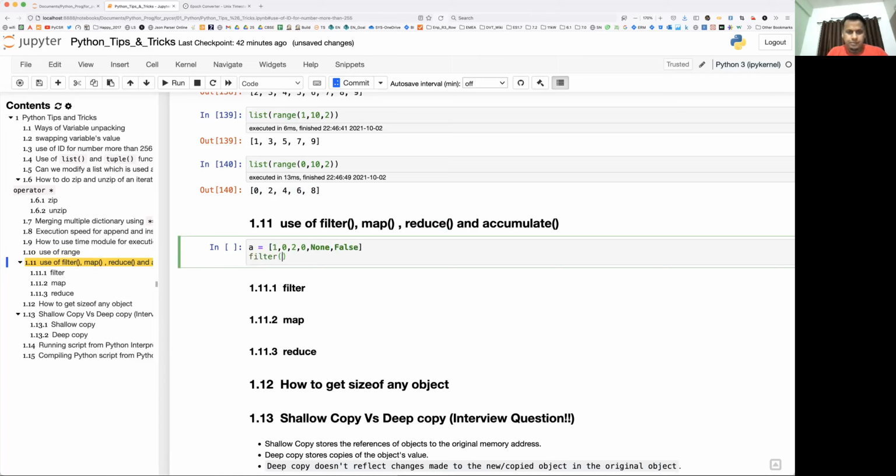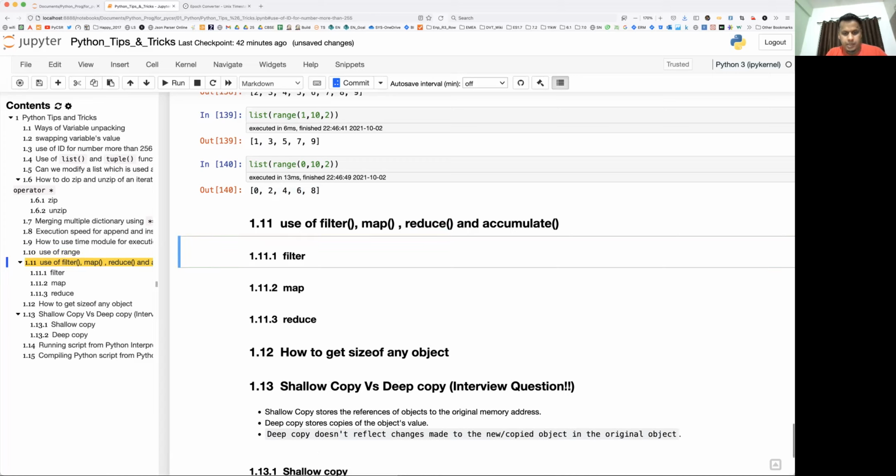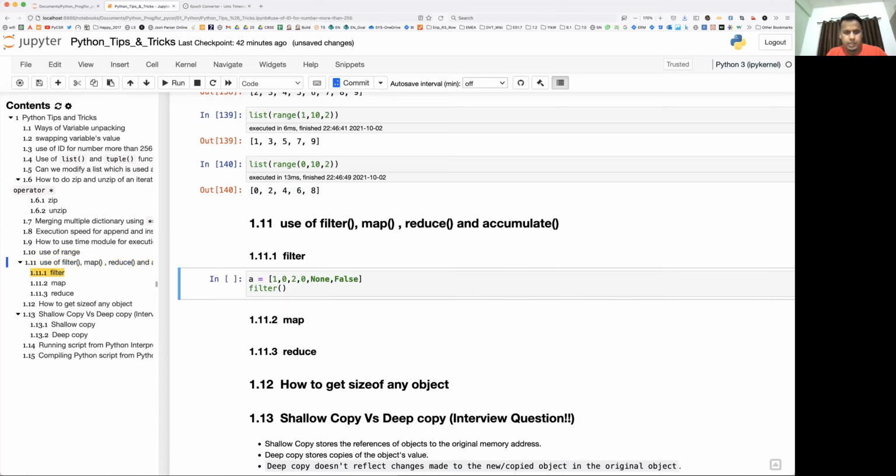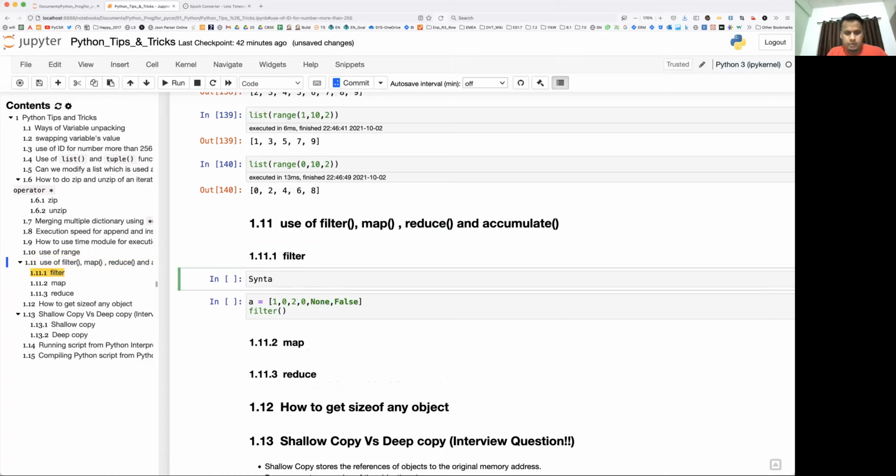So filter, right here, and the syntax: filter function, and here the function name, then the iterable. So we have two options: either use a function name or you can use None also.